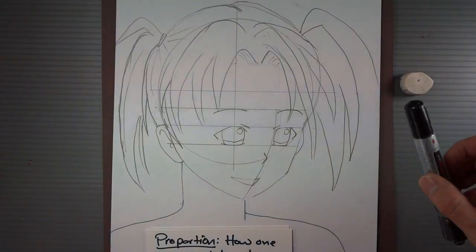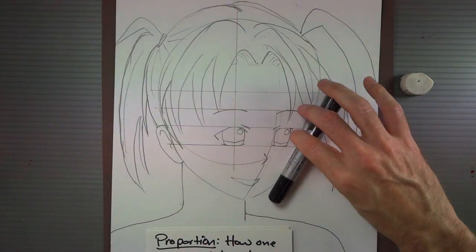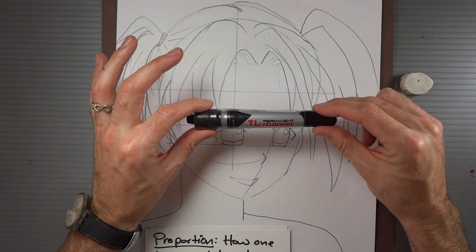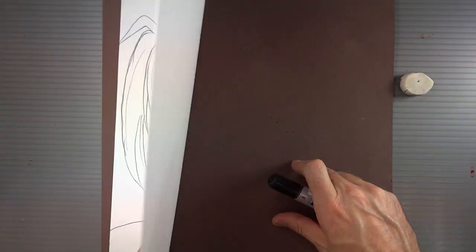Welcome back. In this demonstration, we are going to do the inking for our Manga 3/4 view portrait. In the US, if I were you, I would use a Sharpie, but I'm in Vietnam, so I have this TL permanent marker. It's very powerful. Like I was saying in one of my other demonstrations, it's so powerful it bleeds right through your paper and